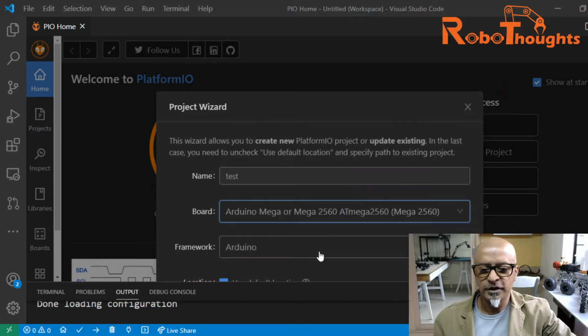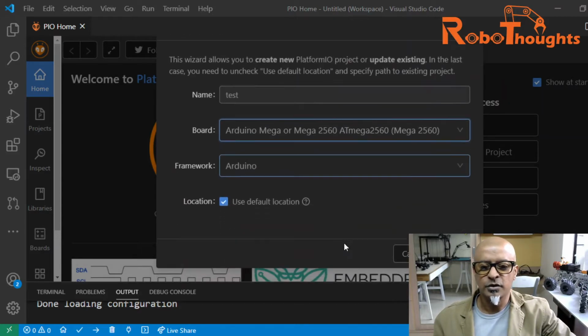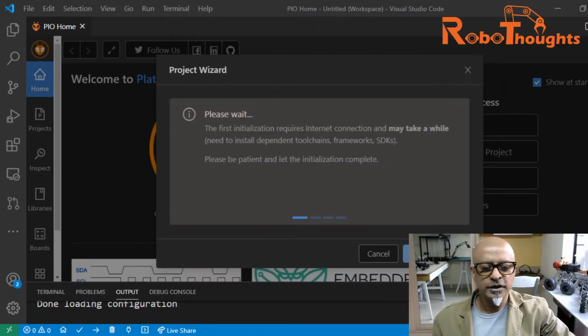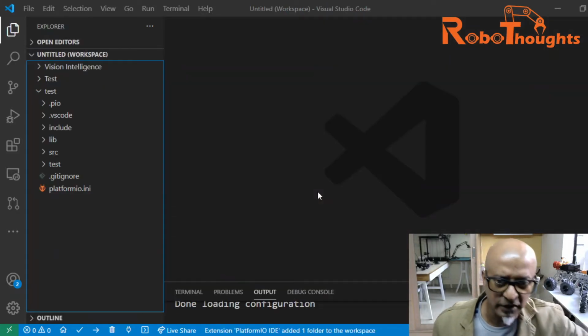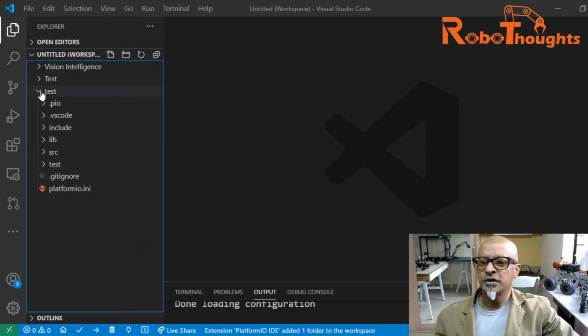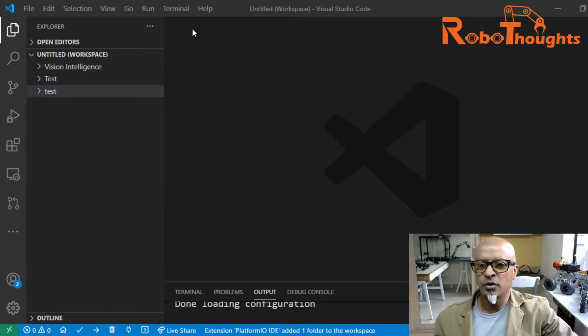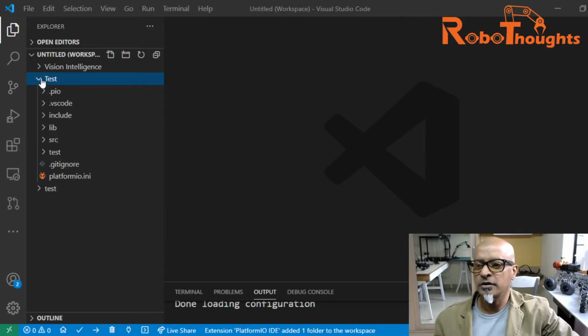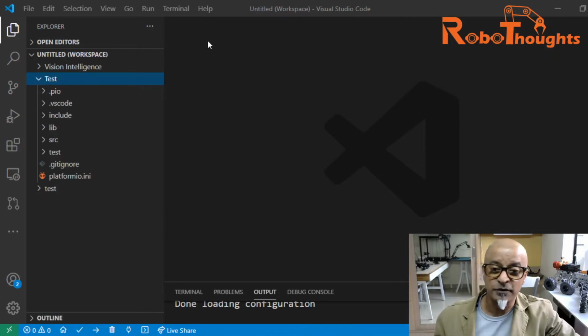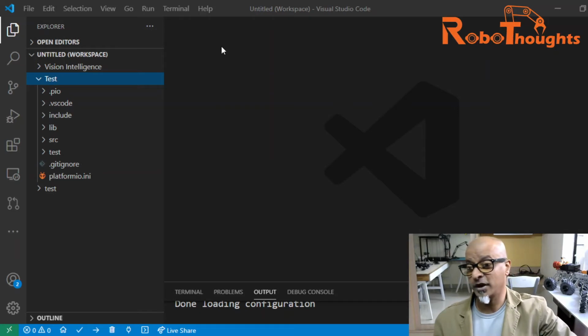So you can select this, and then the framework is going to be Arduino. Once you finish this setup, this will take you to the Arduino files and the compilers as well. So this is where all your code can be stored, and you can start building your code using the PlatformIO IDE in Visual Studio, right?